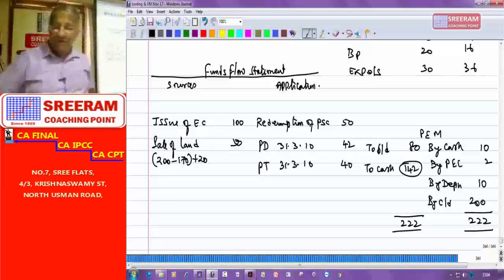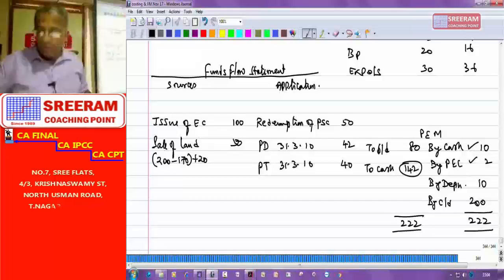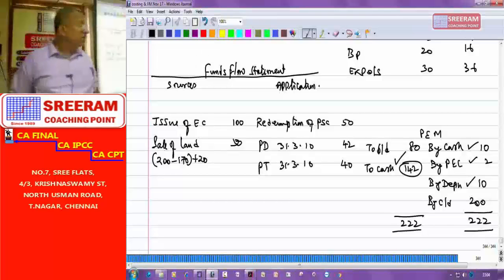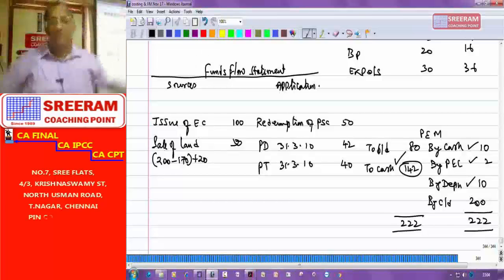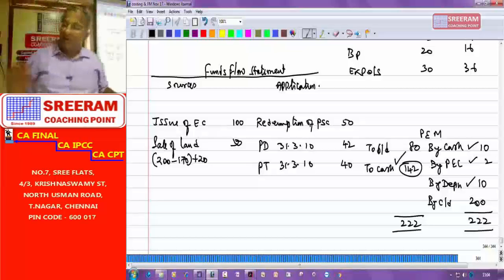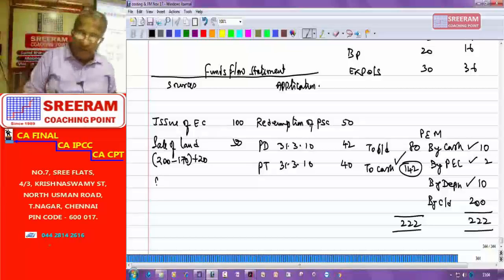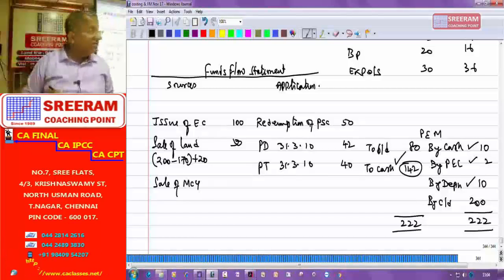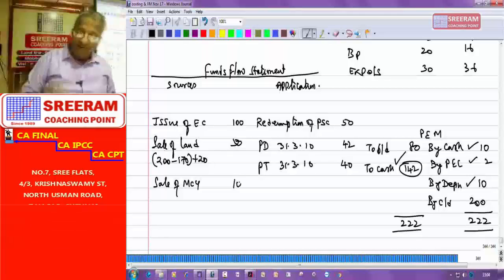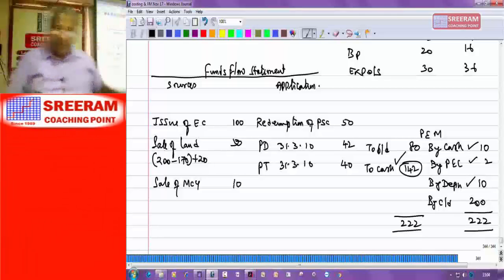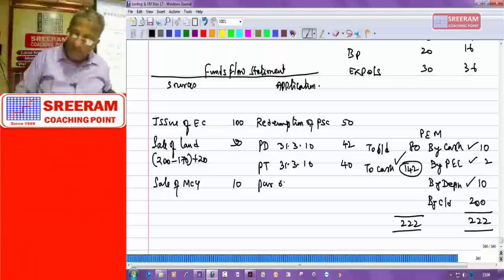Now how many items that you have to take up? 1, 2, 3, 4 items you have brought. These 4 items will affect your fund flow statement. Where and all it will get affected is sale of machinery, because it is involving cash. How much is that? 10. Here purchase of machinery